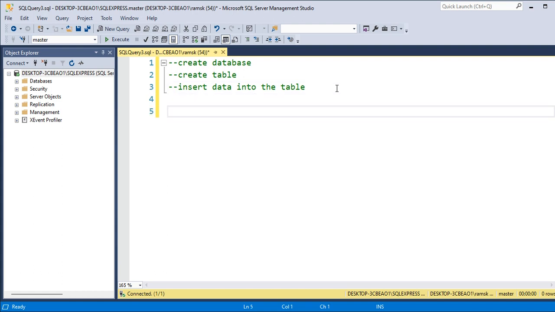Okay, so these are the databases available. Whatever databases you are going to create, you can see all the databases in this drop down arrow. Just click on this drop down arrow and I have created this many databases in this SSMS Studio. So to create databases, there is one command, that is create database